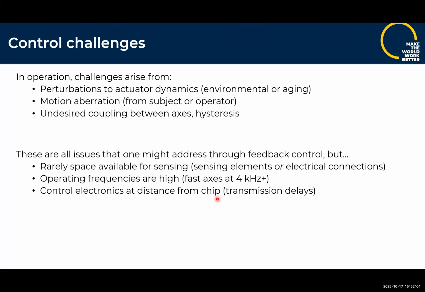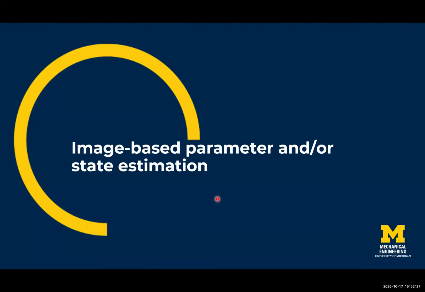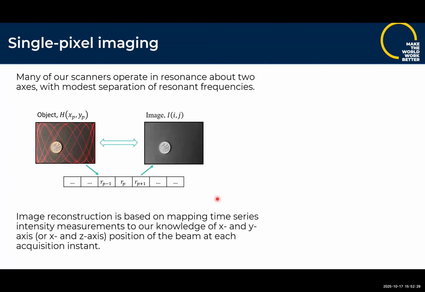They're back at some control station, which means there's actually significant transmission delays relative to the size of the chip between the electronics and the actuator that we're actually scanning with. And so I'll spend the next part of the talk basically talking about different ways we've tried to handle these sorts of issues. All right, so one of the ways we try to deal with uncertainty in the system is